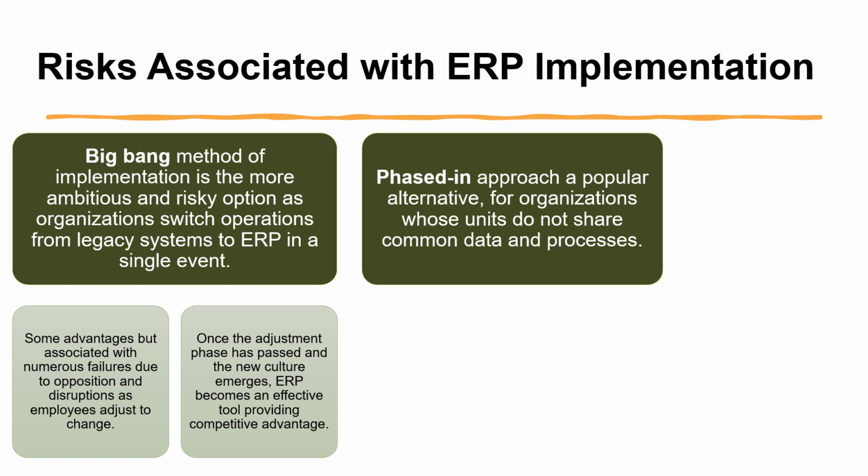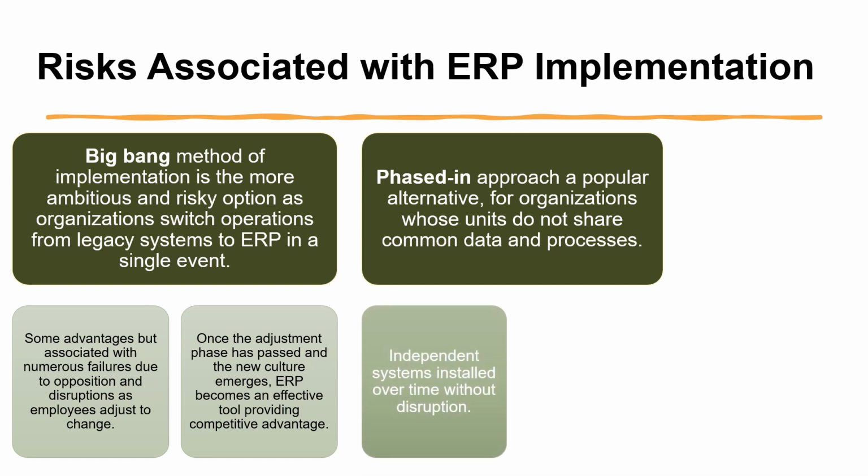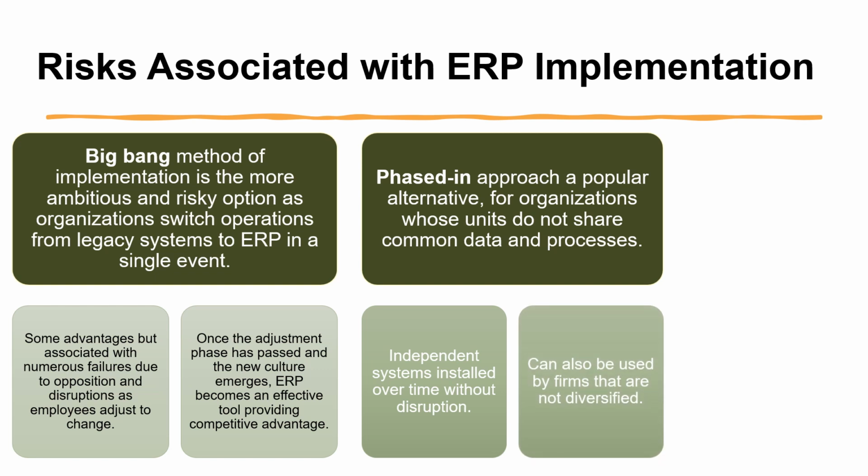But remember, this one is more applicable to organizations that have different units. The units or departments do not have common data and processes. So independent systems are installed over time without disruption,